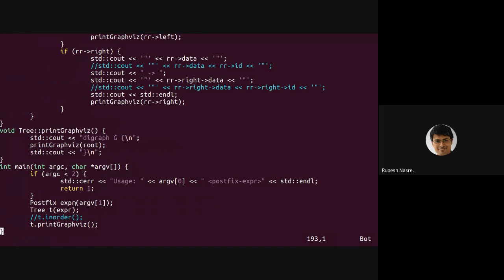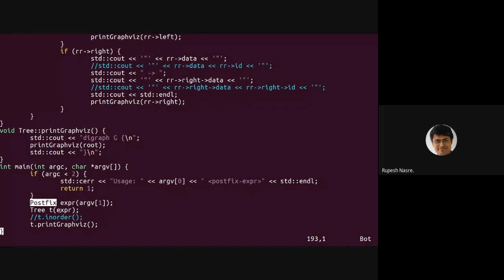So the main remains very similar to how it was for the postfix evaluation. What does that mean? That means that I give the postfix expression as a command line argument. So argv of 0 is a dot out, and argv of 1 should be the postfix expression, which I give. So with that argv of 1, I initialize the postfix expression, which essentially is going to store that postfix expression.